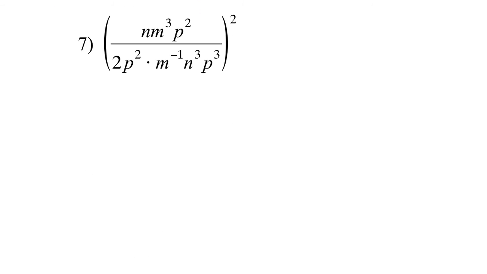Next, number 7. When we have this, yeah, we can multiply first times 2, but it gets a little bit more confusing and you can miss stuff. So let's start by simplifying in here and keep that square for the end. So I got here, and again, I'm going to start with m. M has that highest exponent on the numerator, that is 3. So I got m, 3 minus negative 1. Then p,